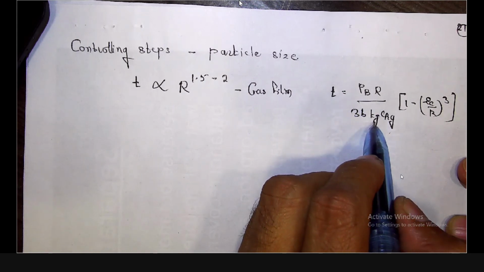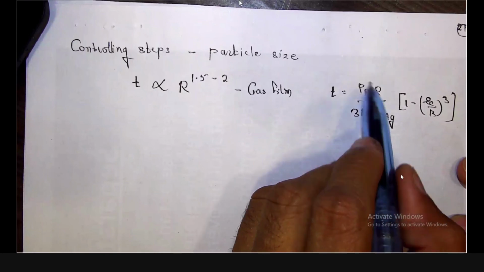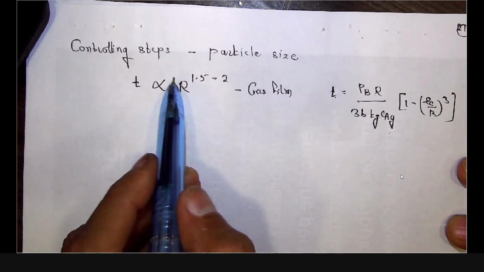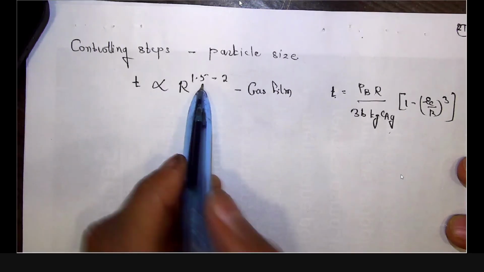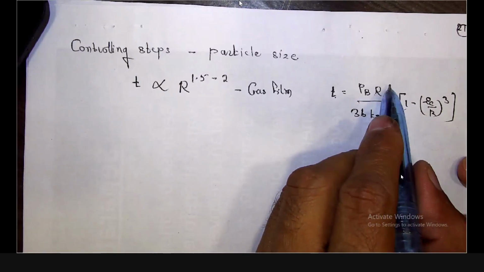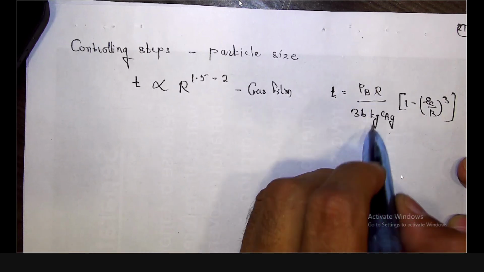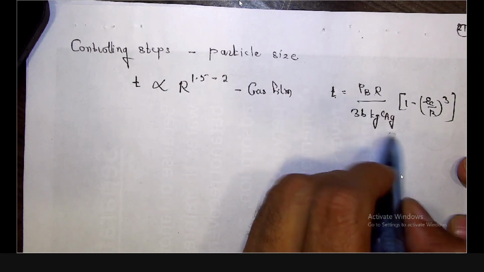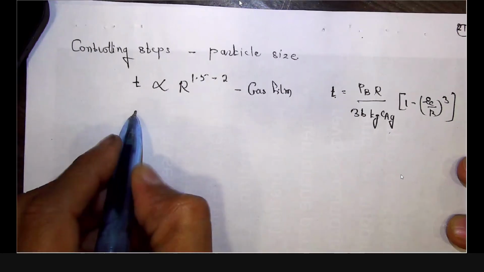Based on the Frossling equation, if we simplify it, this tau or T will not be directly proportional to R, but here it will be from 1.5 to 2. That means kg is inversely proportional to R, so it will become R square in the extreme case of very small size, but in the other case it will become the square root, so it will be 1 upon square root of R. So it will be R to the power 1.5.